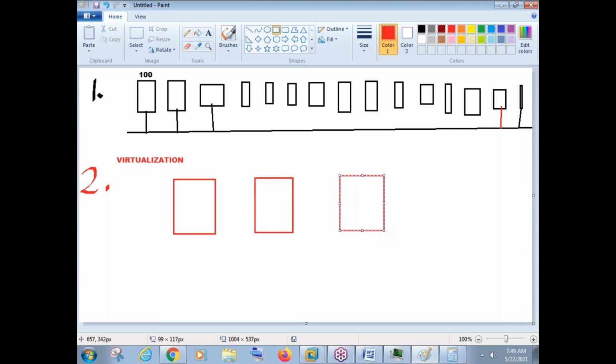Instead of spending money on 100 physical servers, how many physical servers did we take here? Only 3. Now in these 3 physical servers, what do we do? We create virtual machines. So all the 100 virtual machines will be created here.